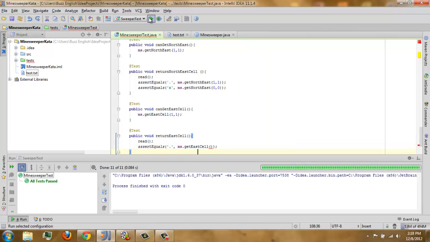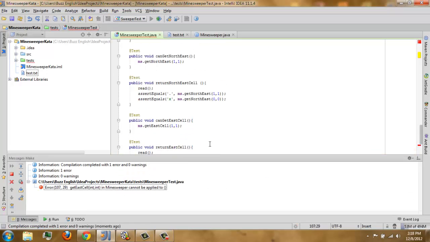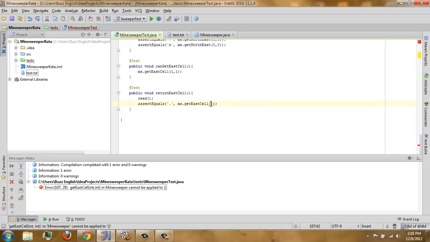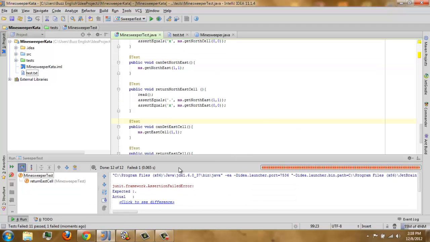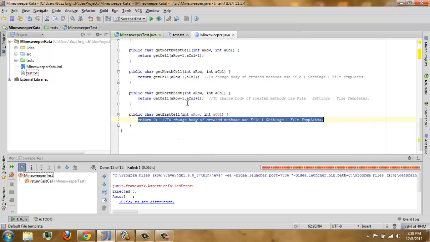Gonna run it. Oops, we haven't passed any information for it. Again. Oh, a very amazing error.